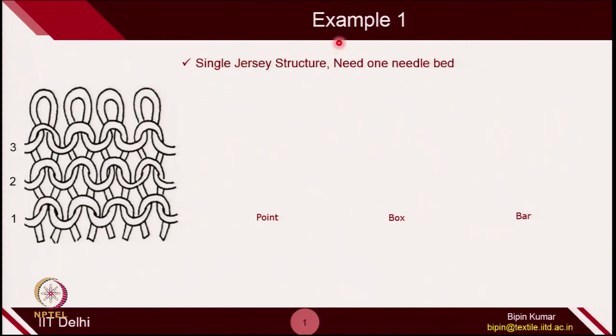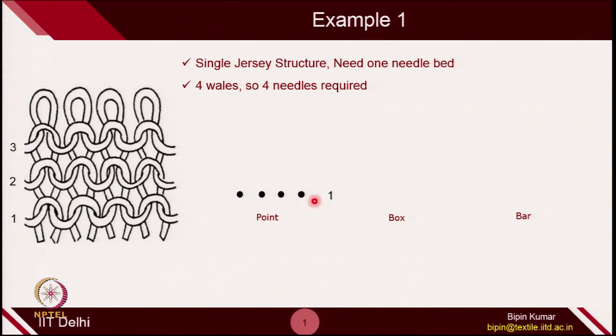So, this is a single jersey structure because all the loops look similar. We know that to create a single jersey structure we need one needle bed, and the second thing we can also find out is that you can identify only 4 columns. So, we can say we have selected 4 needles on that bed to create this particular fabric. Once this is clear, that you need one bed and you are creating 4 wales, you can select 4 needles. These 4 needles represent this particular fabric structure which is being formed on that single bed.